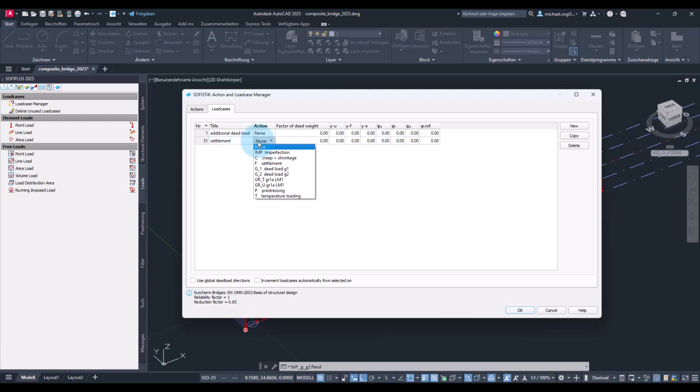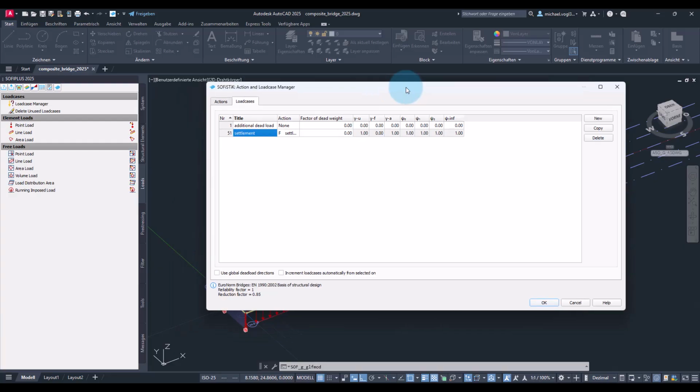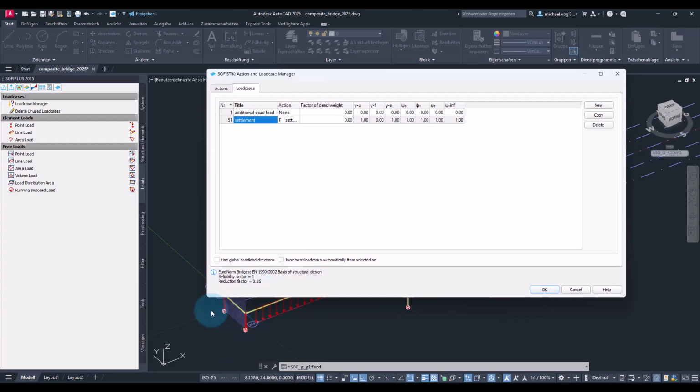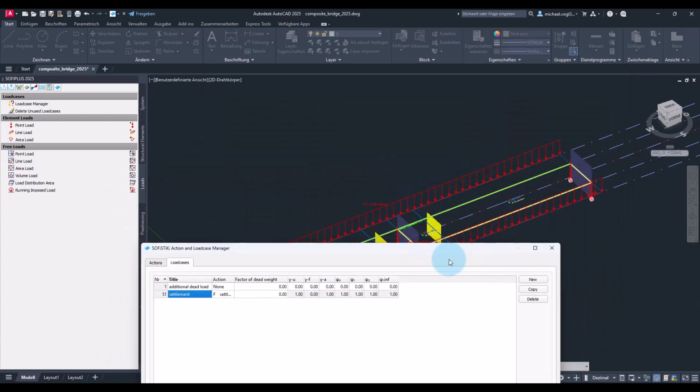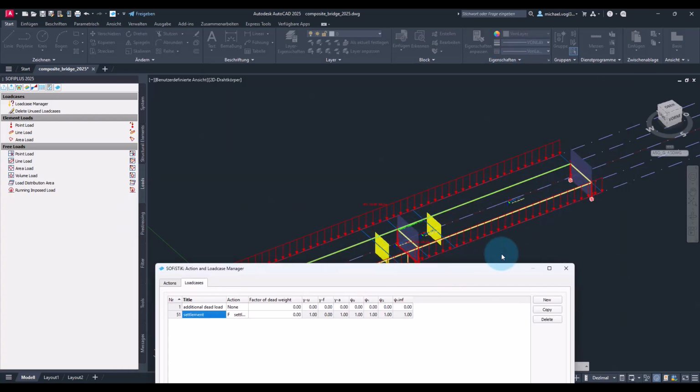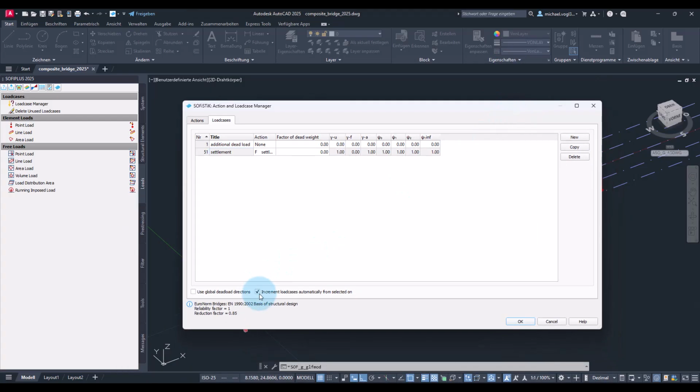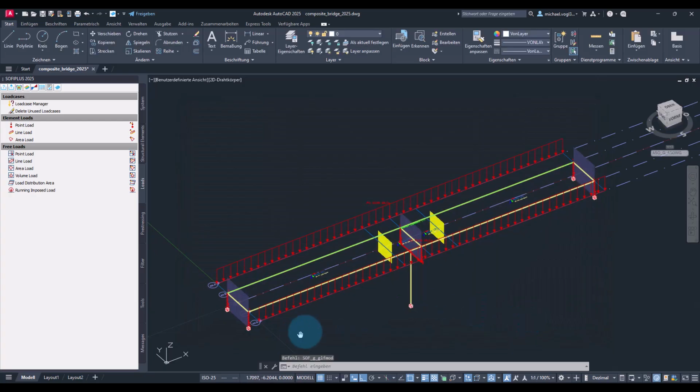Now I will also assign the action because this load case really needs to be taken into the superposition later on. And so this would be the load case for the settlement at the first support here at the abutment. And of course I need two further ones, one at the inner support and one at the second abutment. So I select the increment and create two further load cases. Okay, then let's create the loads.